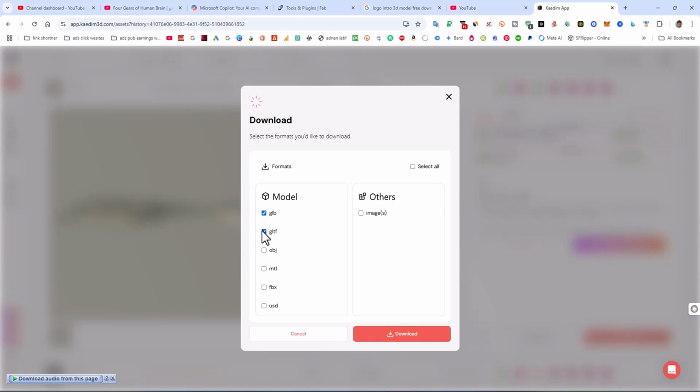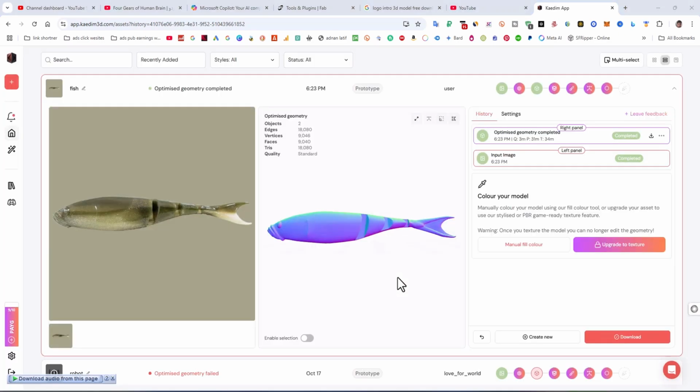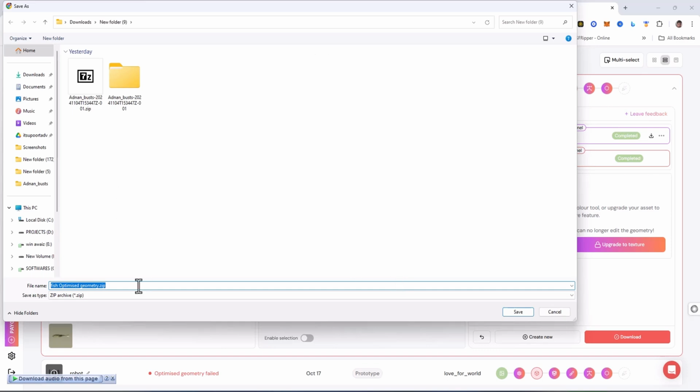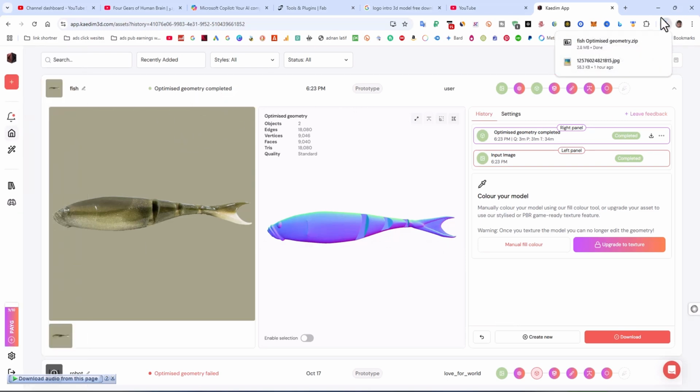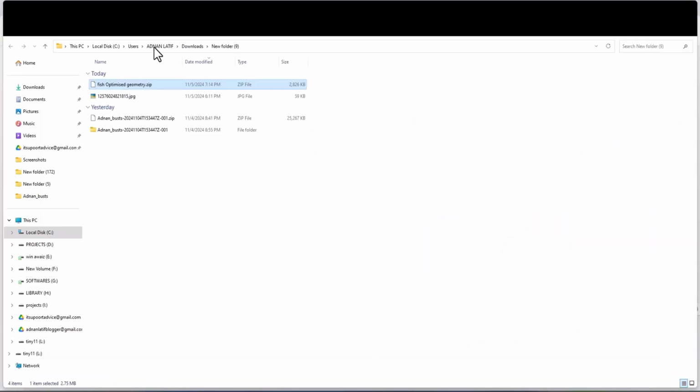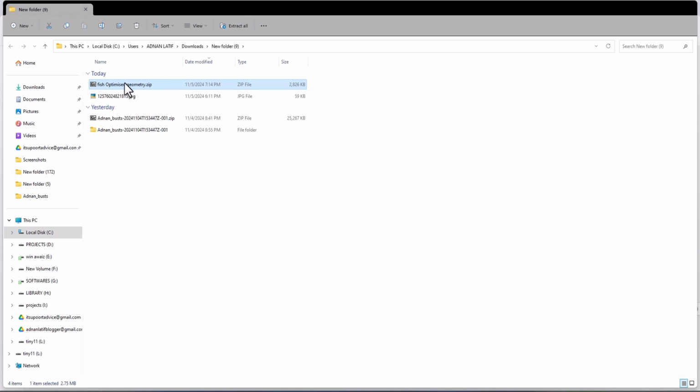So now I'm going to download this GLB and GLTF, also the object file, and click to download. Also select that image. You can see I have downloaded all the 3D models as a zip file. Save it on my disk and then check it out. Go to Blender. So go to the folder which I have downloaded and extract